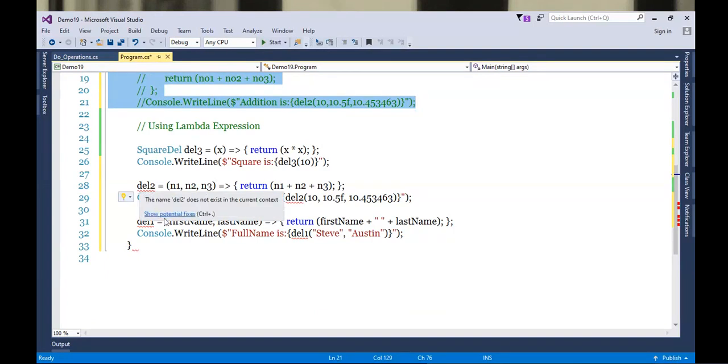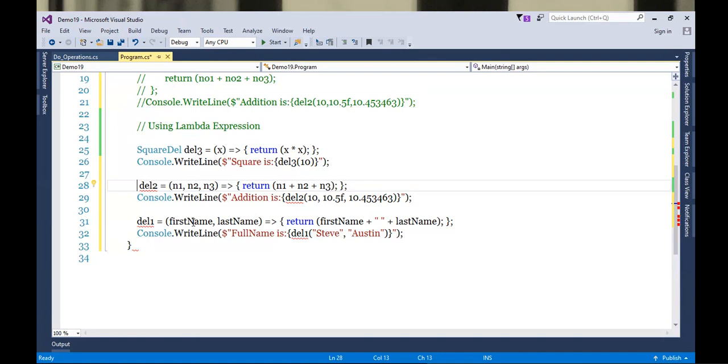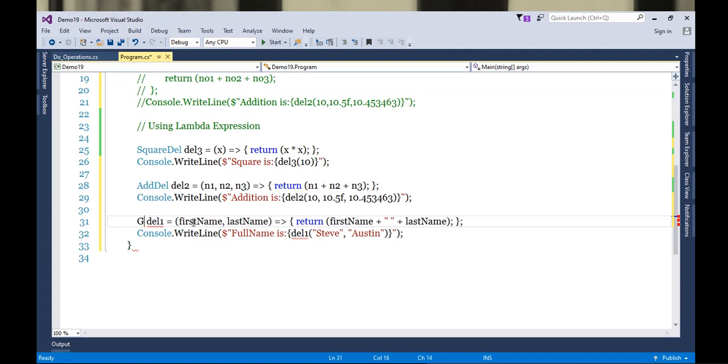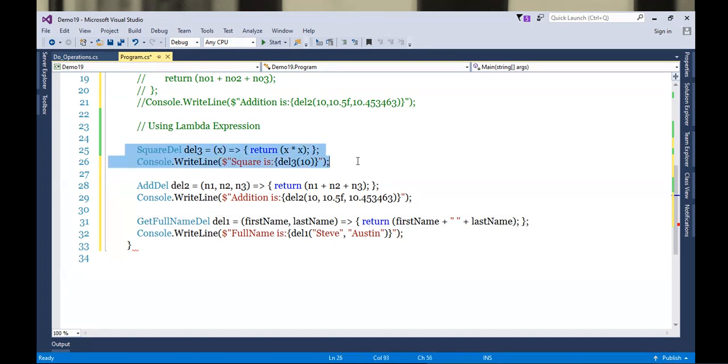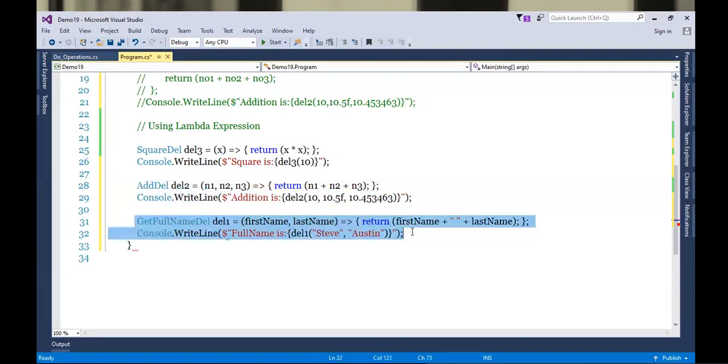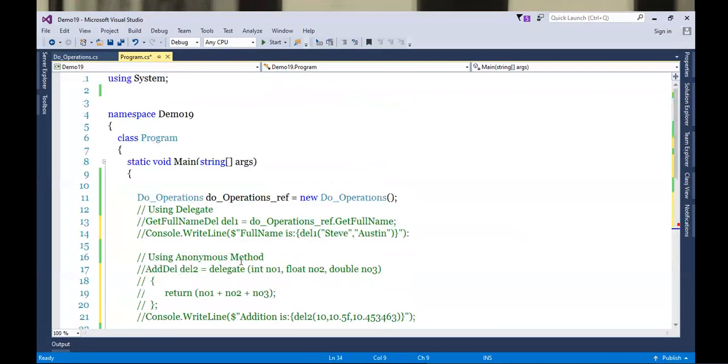Okay, let's recreate these delegate references. That's it. So you can see, first we return the lambda expression for getting square. Next we return the lambda expression for getting addition, and lastly we return the lambda expression for getting full name.